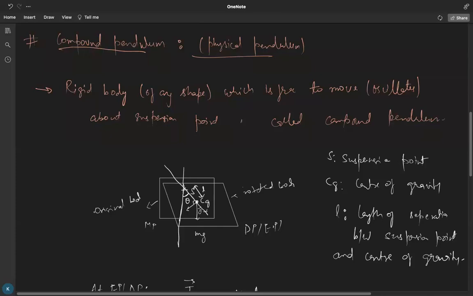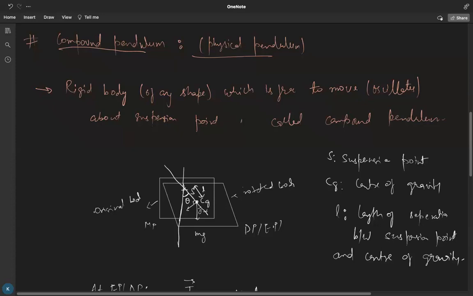Now, is this the only system which oscillates? We can oscillate anything. Like if you take a square plate in your hand, take it to the extreme position and then lift it, right? So it starts oscillating. The same thing is actually a compound pendulum. So in a compound pendulum,